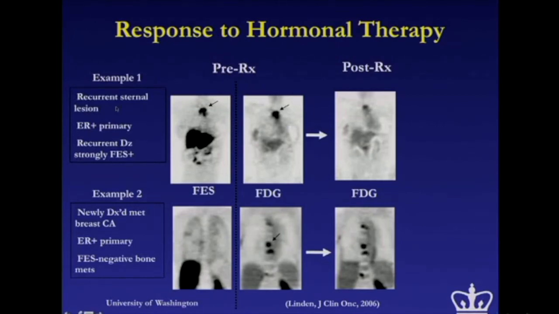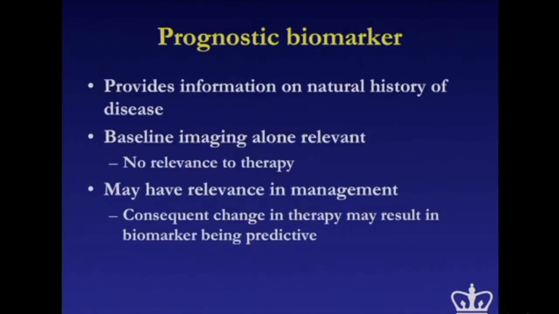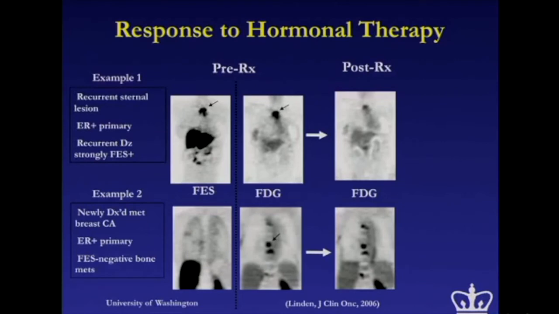You ask, why is the imaging important? Why is a $3,000 test important in this patient? Why could I not just look at the biopsy and see if the biopsy expressed the receptor or not? Because this is why I like this example. Because tumors evolve, cancers de-differentiate over time.